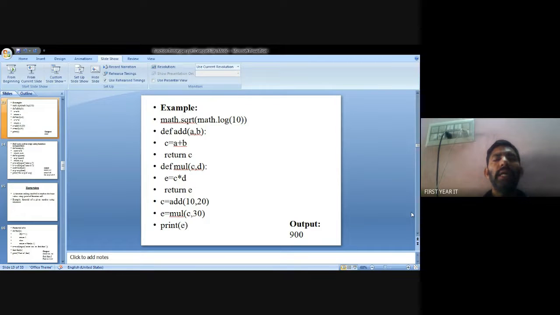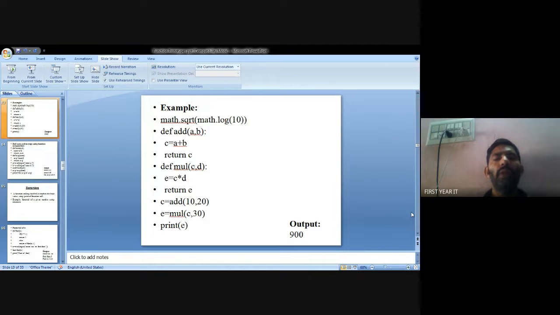After that, c = a + b means the values are added into c. Return c: the sub function will return c. After that, another function will be called, define mult, with parameters c, d.